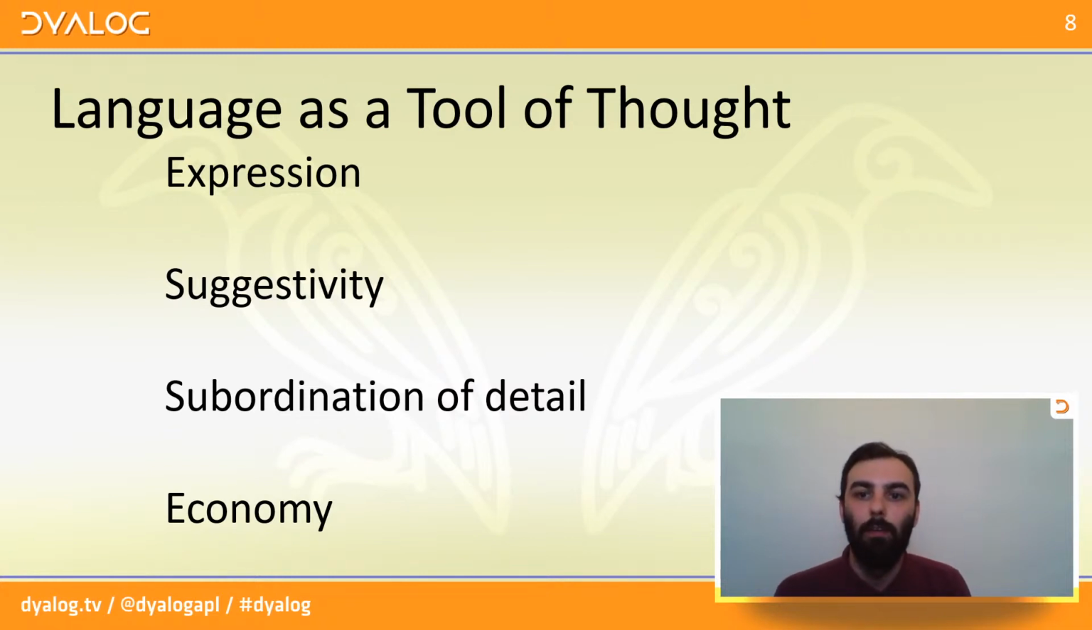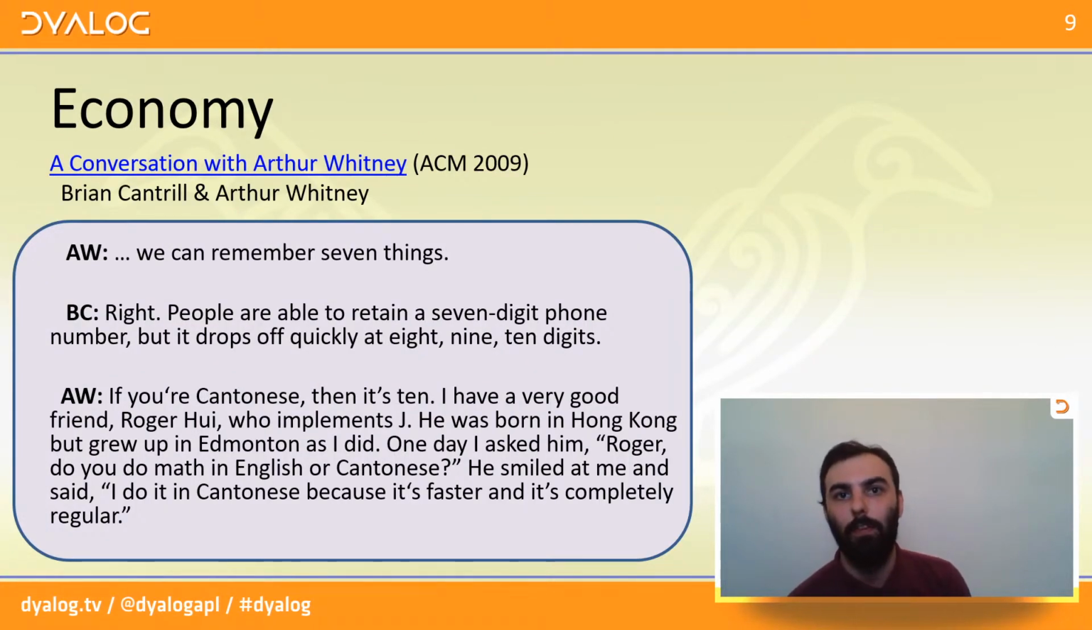And then economy, which subordination of detail kind of leads to, especially in the case of our notation. And APL is famously terse. So another note on economy, really, and its benefit comes from this conversation between Bryan Cantrill and Arthur Whitney. I don't know where this number comes from, and as we get more towards the kind of philosophy of language, language and neuroscience, language and thought, we start to get into a realm of things which A, I'm far from an expert in, and B,